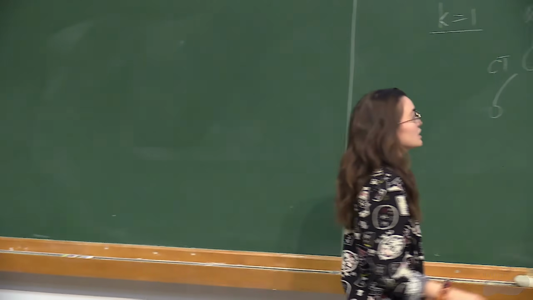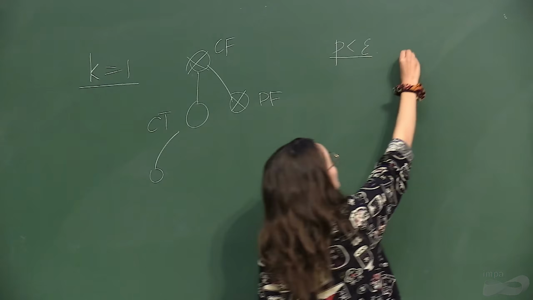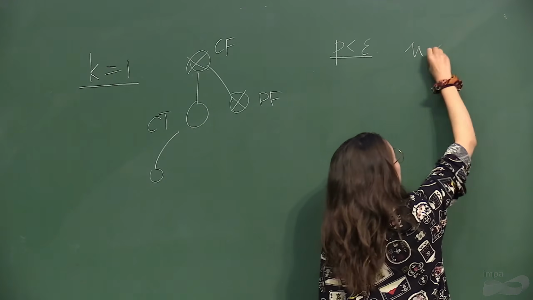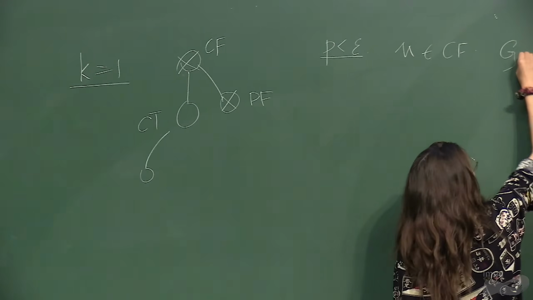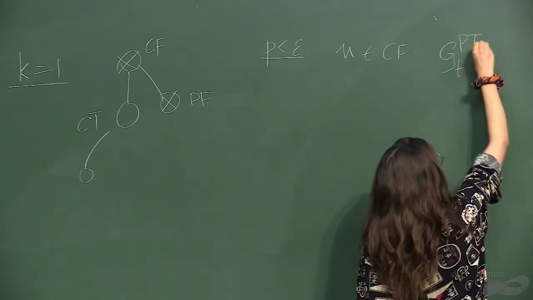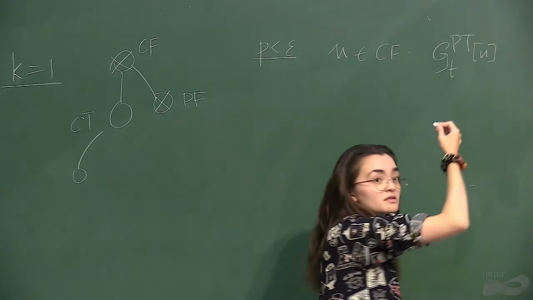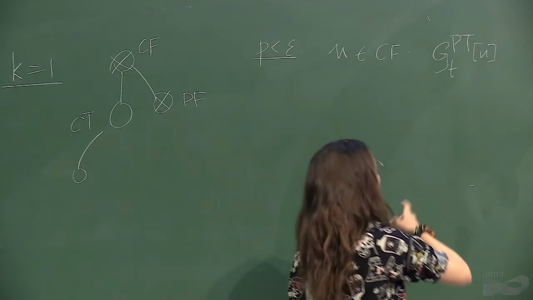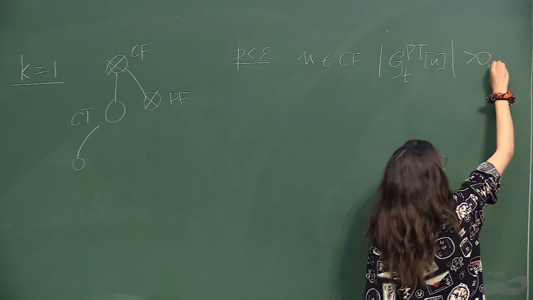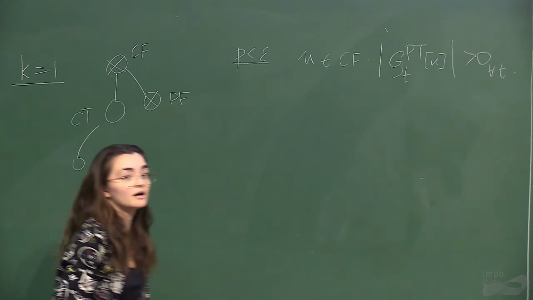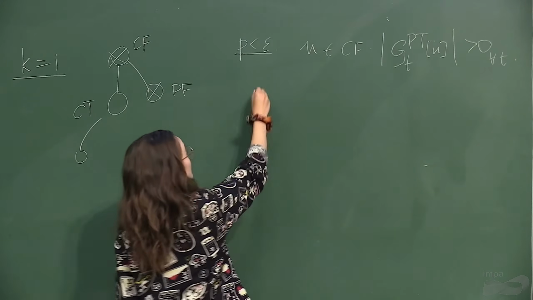So essentially, here we want to show that for p less than epsilon, the error survives. So we want to show that there exists some node u that is CF in the DAG, such that its PT subtree view, which is false because it relies on this u who is false, survives forever. So we want to show that this is positive for all time. And how do we do this? We essentially design some